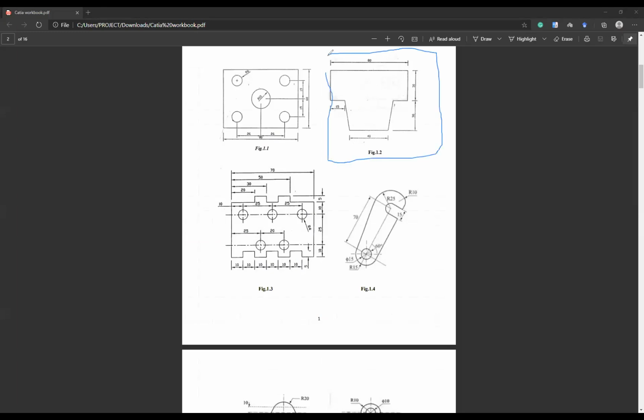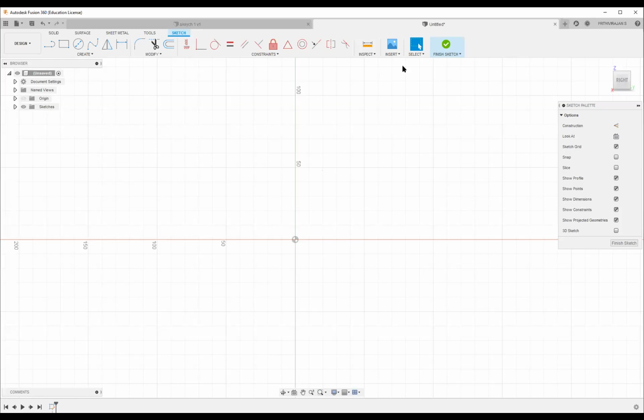This is the second sketch I am going to create in Fusion 360. Yes, I am mentioning the dimensions that I noted in the rough copy, and then I am entering this 2D sketch part,